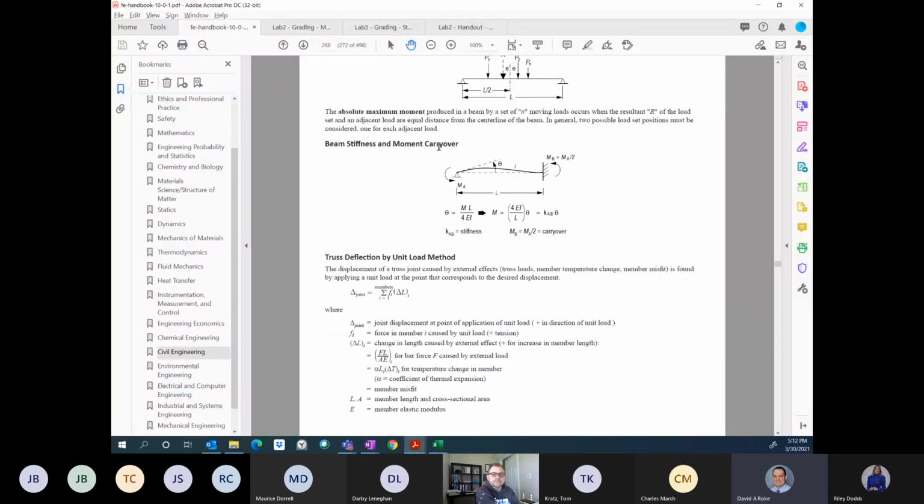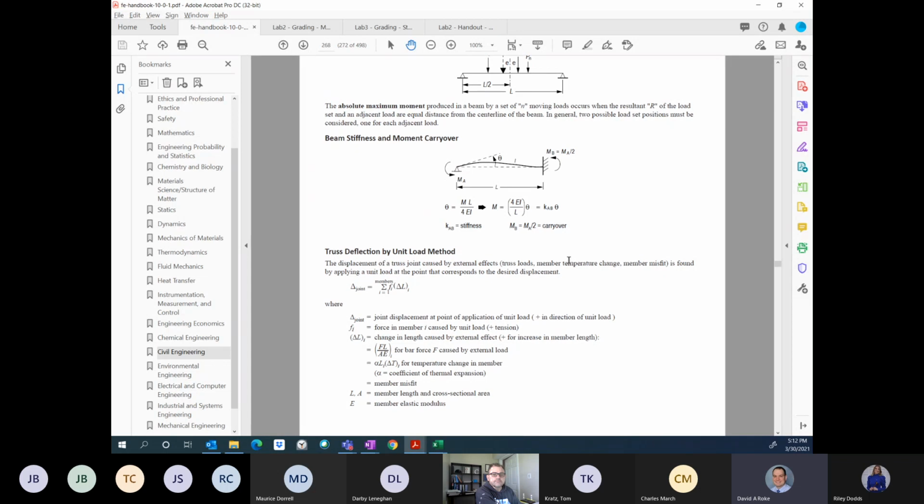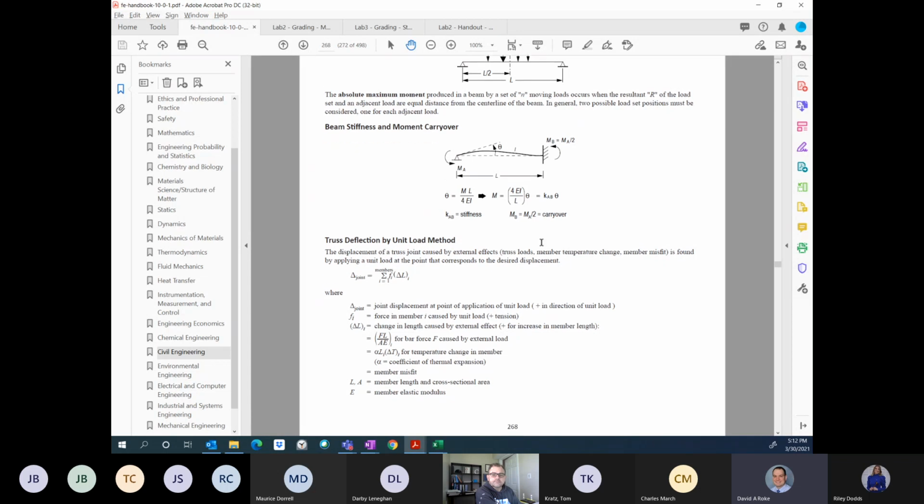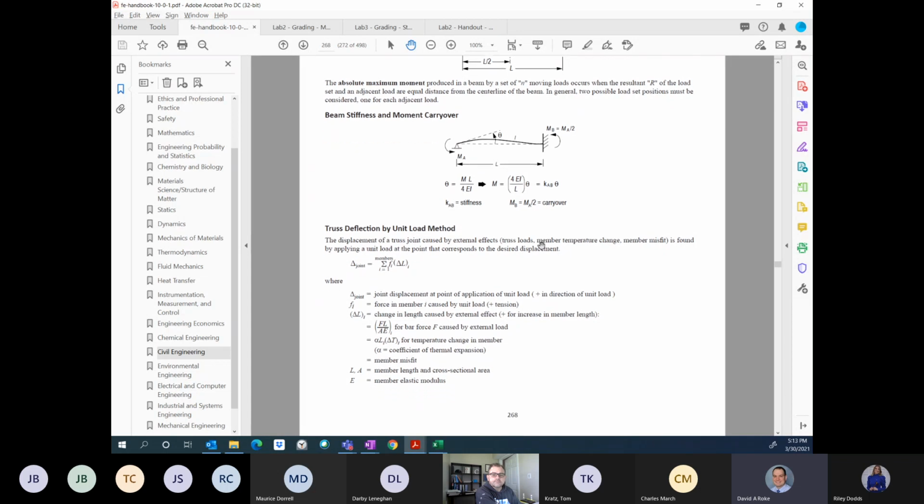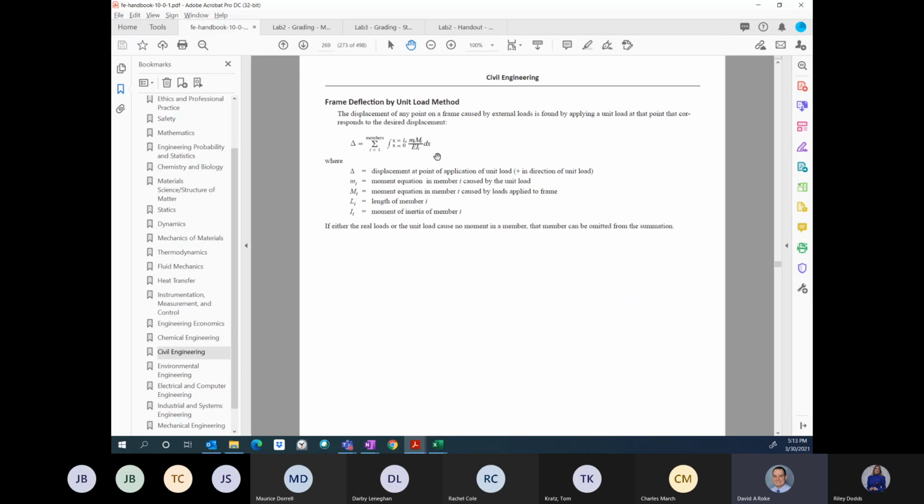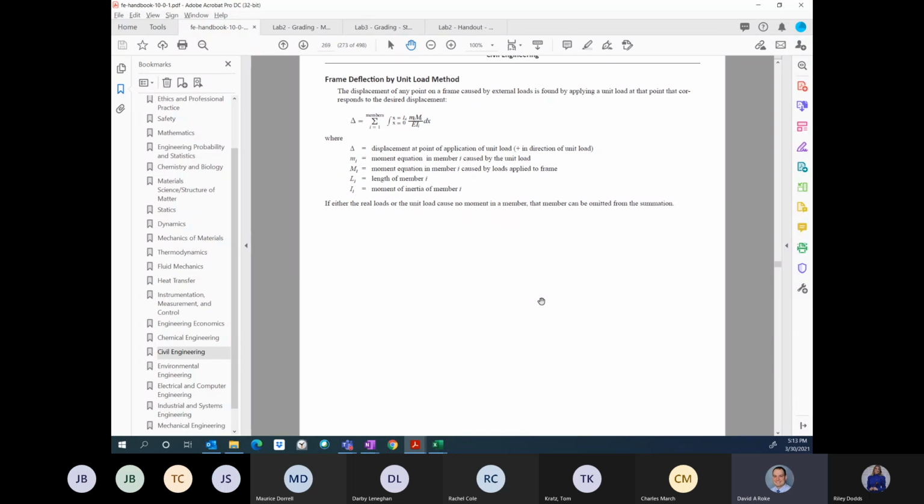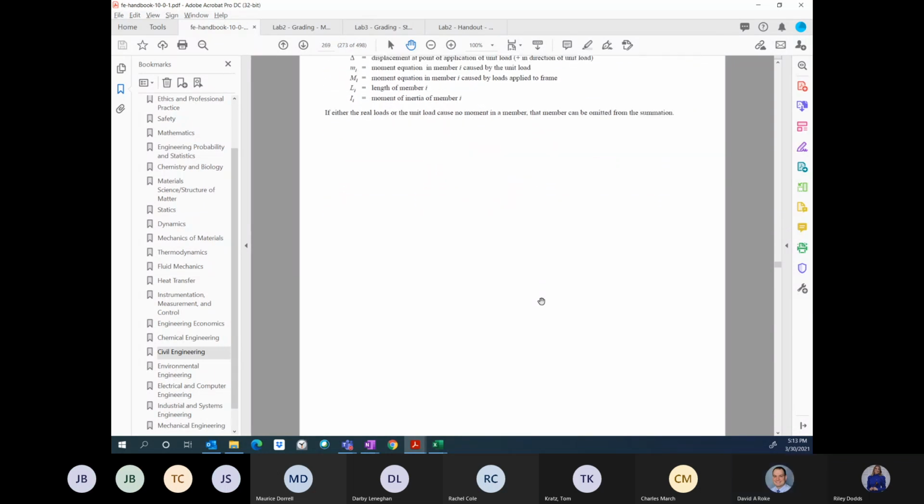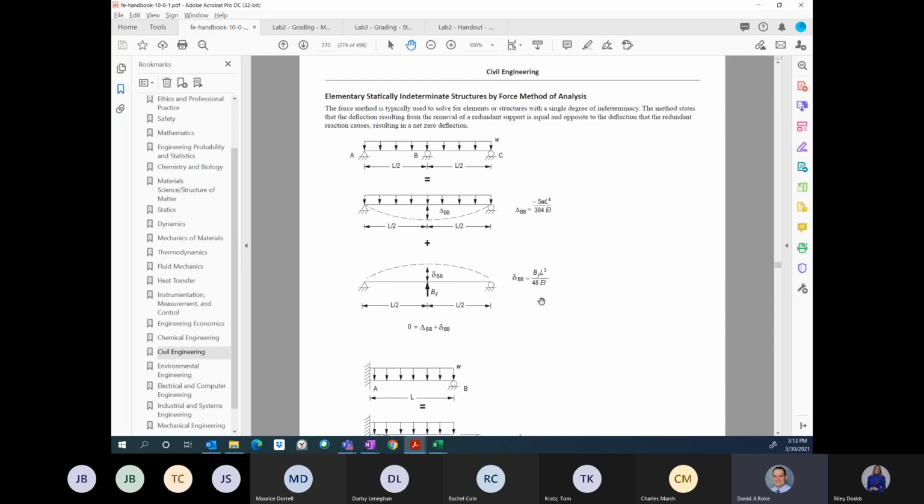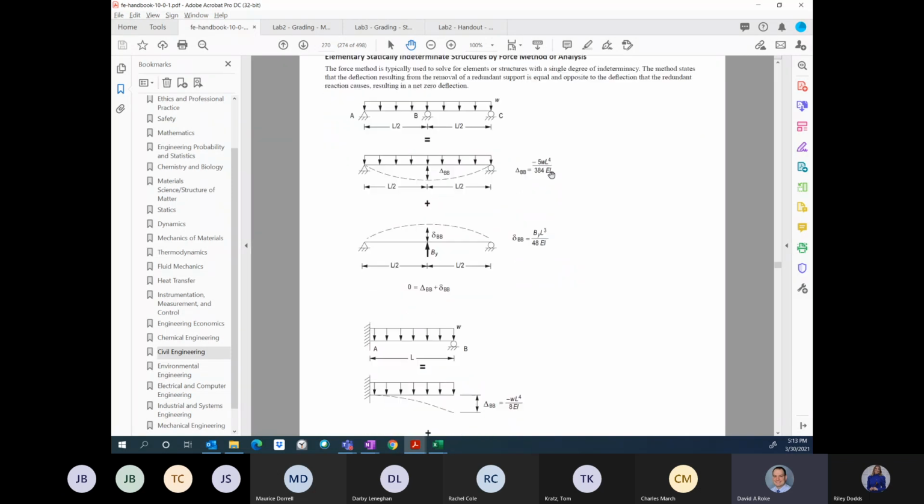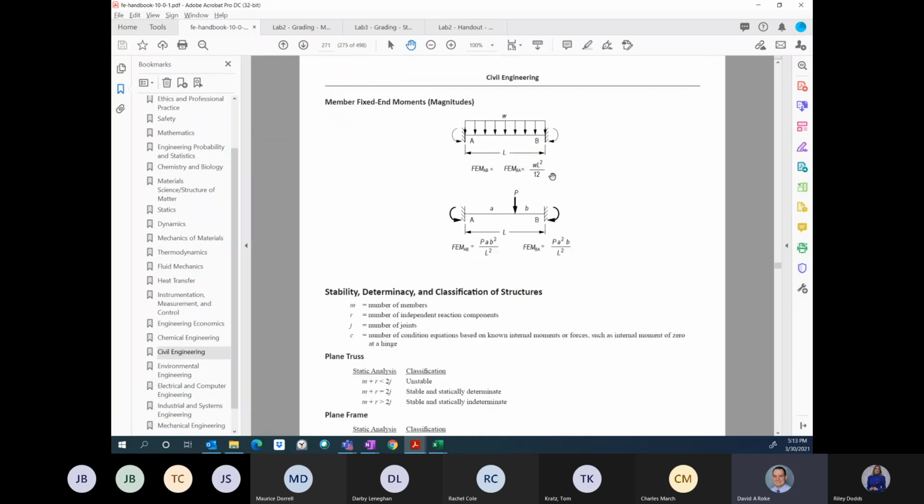So we've got this beam stiffness and moment carryover. Then we skip a little bit. Truss deflection by unit load method, that's different. Frame deflection by unit load method, that's different. Here we have the force method of analysis. This is part of indeterminate structures, but I'm going to come back to that because I want to jump to